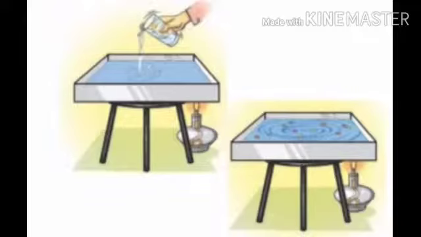Okay children? Let us do an activity. Keep a large metal tray on a stand. Fill it with water. After some time, the water will become still. Still means the water is not moving. Again, add some sequins. Sequins means plastic beads which you mostly see on the dresses of girls. Add those beads in the tray.